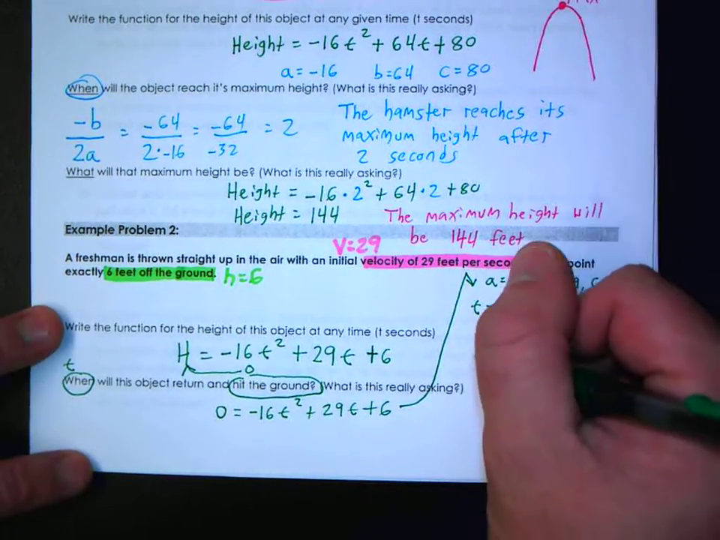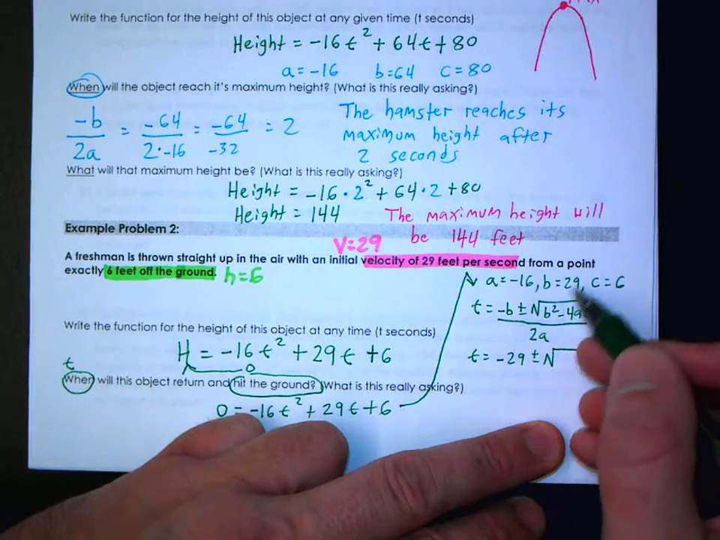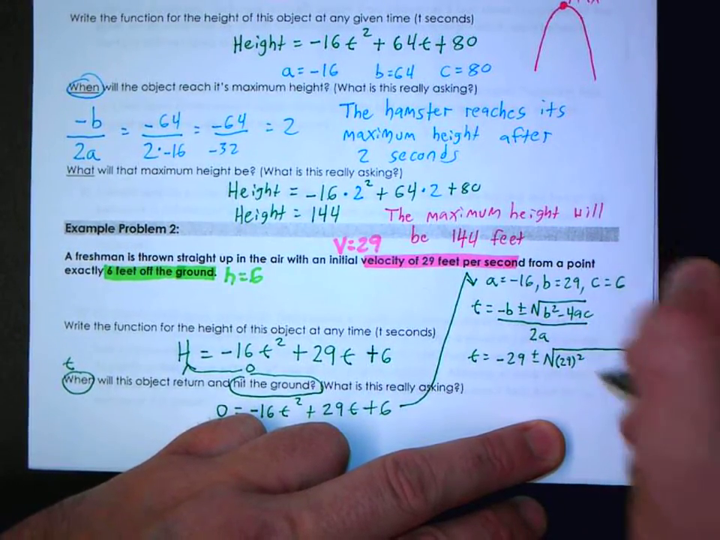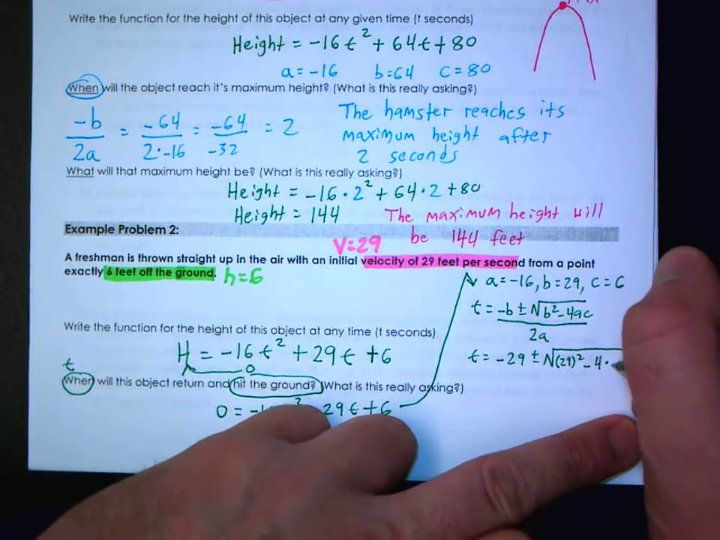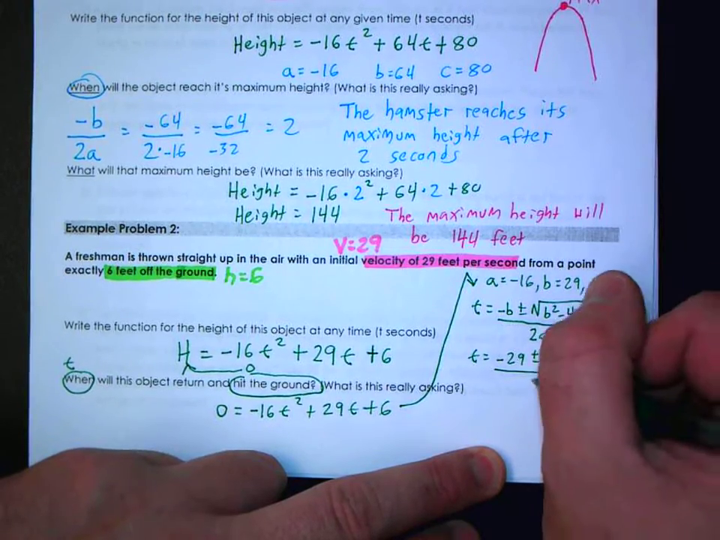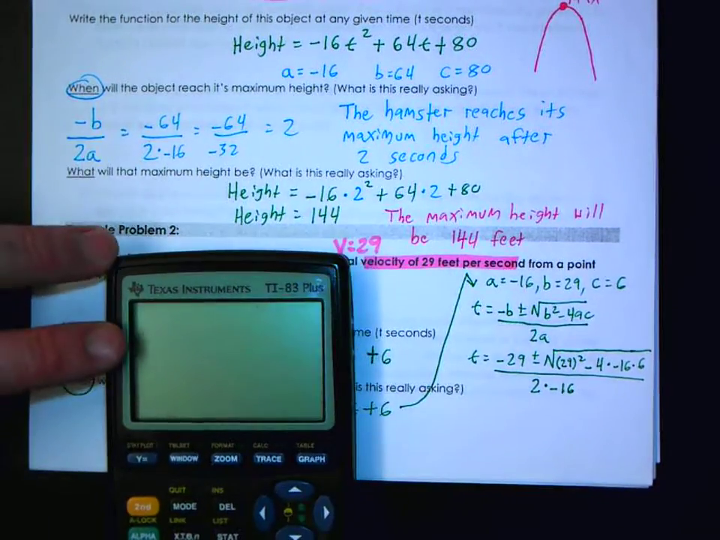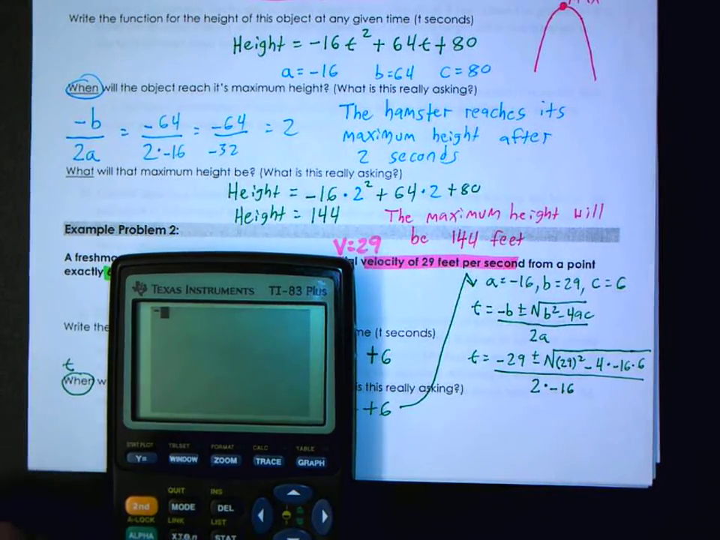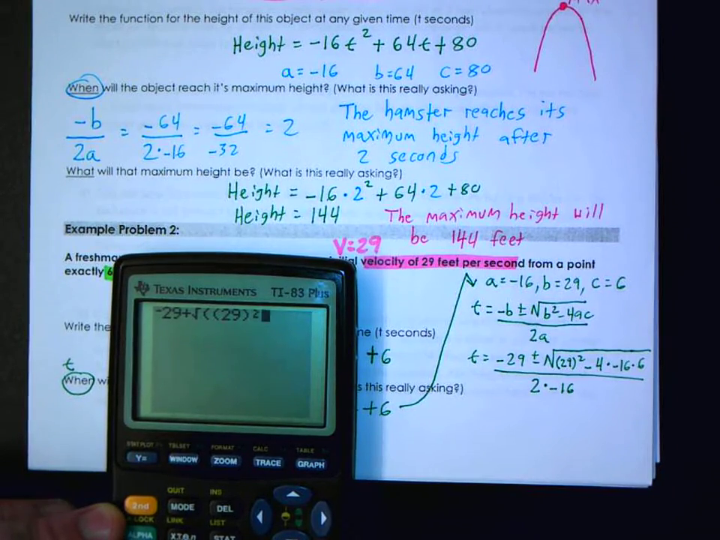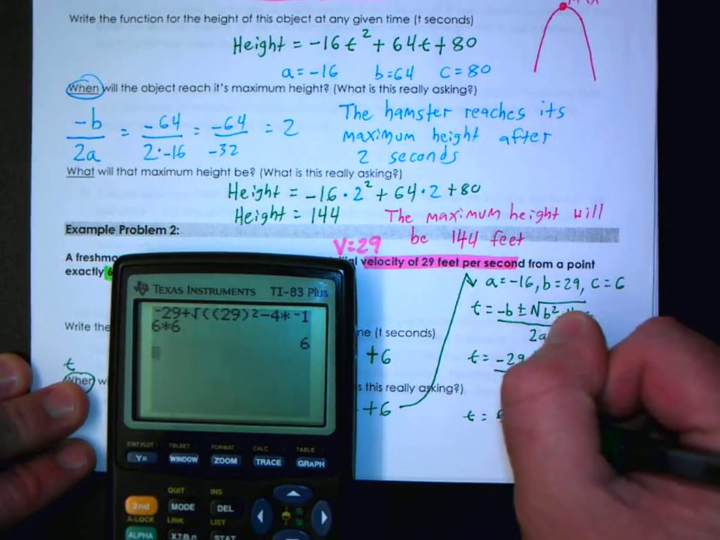So plug in the values. Negative 29, b is 29, minus 4, a is negative 16, c is 6, barely fit that in there, all over 2a, and a is negative 16. Let's see what this says. So, negative 29 plus square root 29 squared, 29 squared minus 4 times negative 16 times 6. So that's going to be 6 divided by